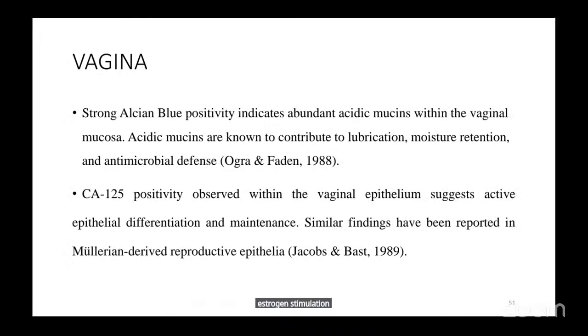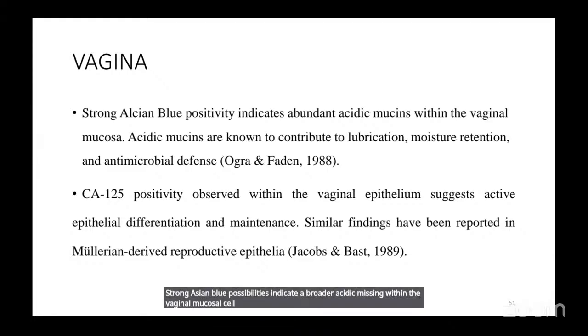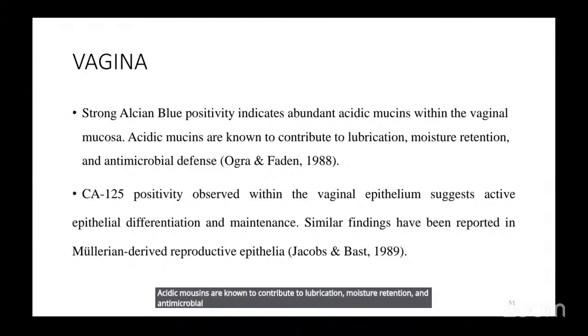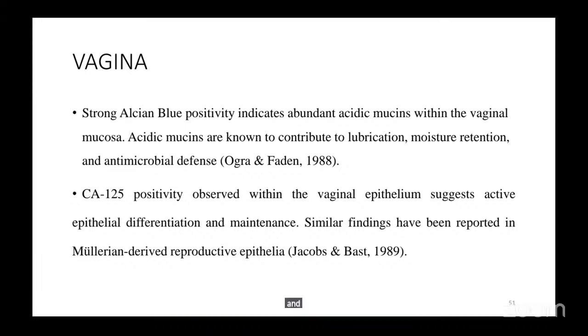Strong Alcian blue positivity indicates abundant acidic mucin within the vaginal mucosal cells. Acidic mucins are known to contribute to lubrication, moisture retention, and antimicrobial defense, according to Ogara and Faden, 1988. CA 125 positivity observed within the vaginal epithelium suggests active epithelial differentiation and maintenance. Similar findings have been reported in mammalian-derived reproductive epithelia by Jacob and Bass,